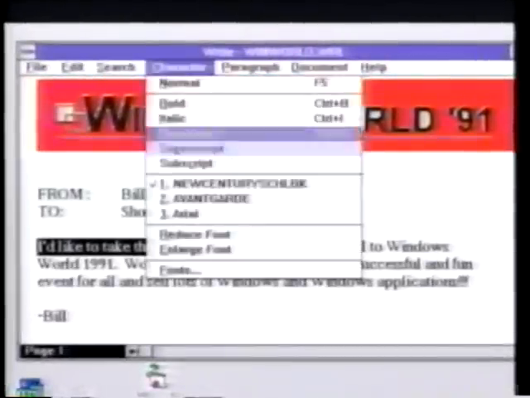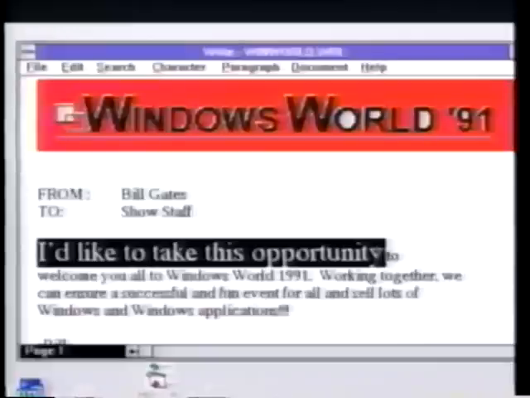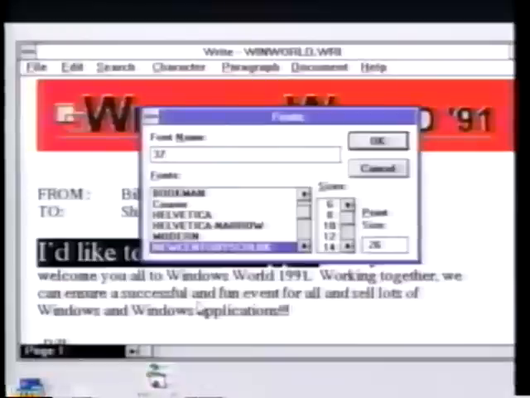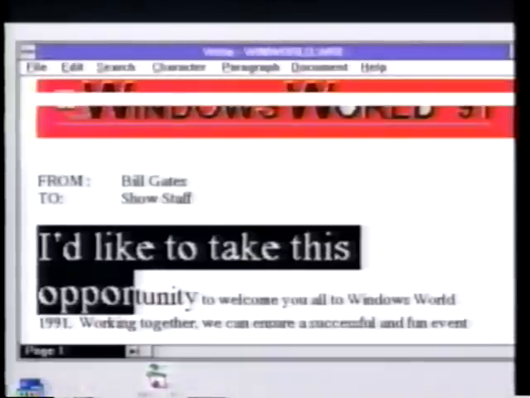Well, in this document, I'm not using a true type font right now. So if I go in and change the size of this font to be something fairly big, you can see that it doesn't look quite right. In fact, let me make it even bigger. So it's a very jaggy looking font, and if you print it out on that printer, it wouldn't be too